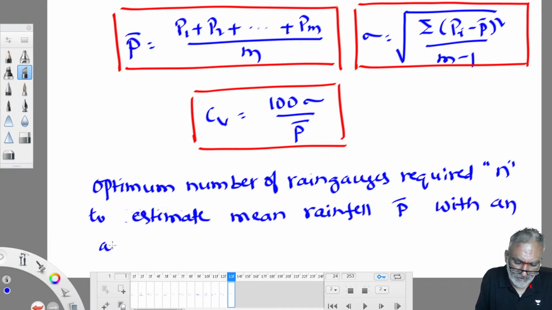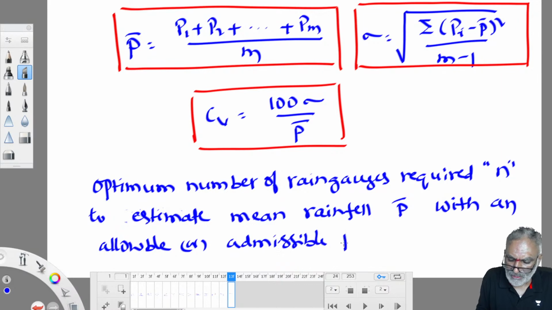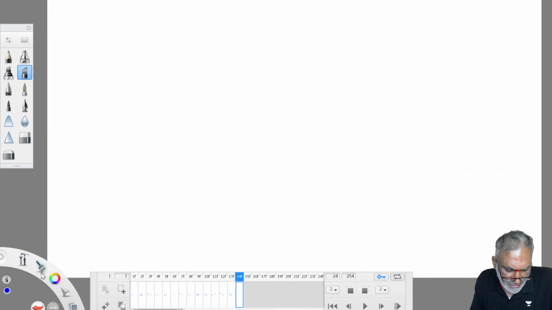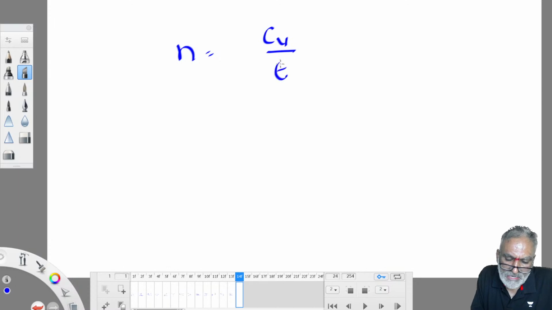With an allowable or admissible percentage error, E. Some amount of error is always allowed, so error should not be more. It depends on the purpose for which the data is used. Admissible percentage error, E. Right? Optimum number of rain gauges, N is equal to CV by E